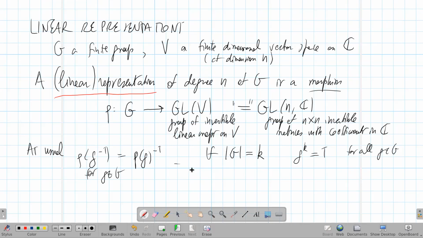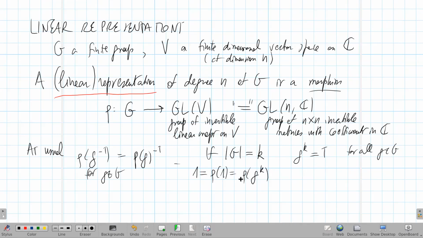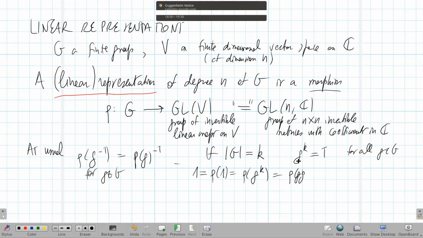And so, since this is a morphism, we will have that 1 equals rho of 1 equals rho of g to the k. But this is a morphism, so rho of g, sorry, to the k. I mean, this is after all a product, okay? So what we are seeing here,